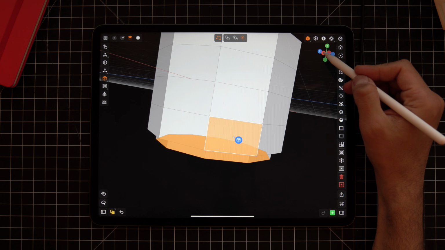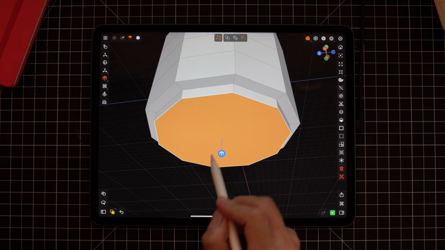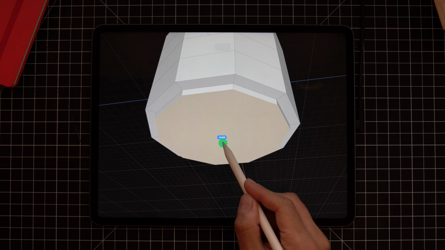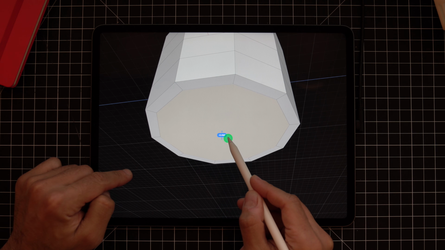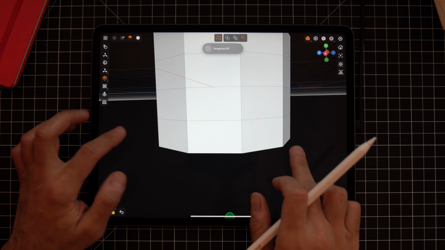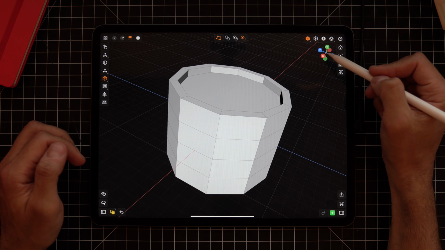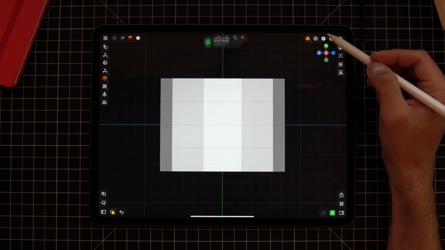What I'll do is I can either undo that, or I can select the surface, and I can use the handle actually to move it back up. So this was at 0, and we'll just move it 0.1. Cool. All right, now that we have the bottom and the top blocked out, we'll go into a front view,